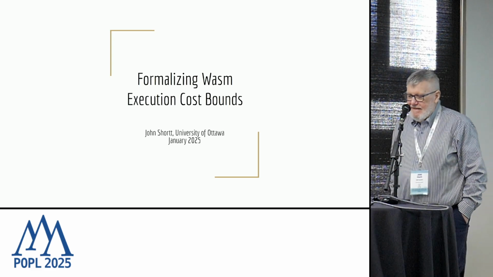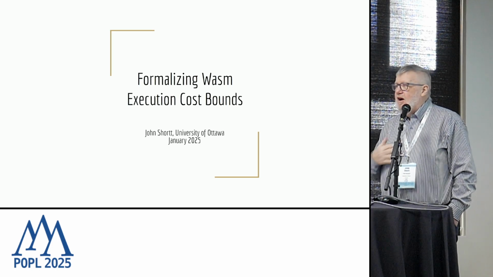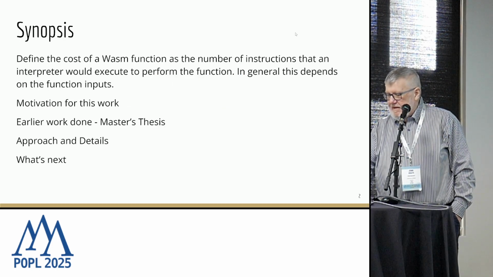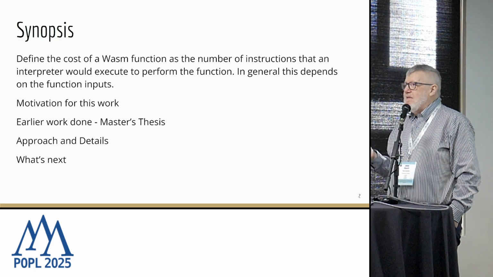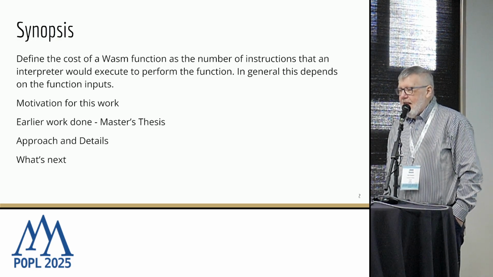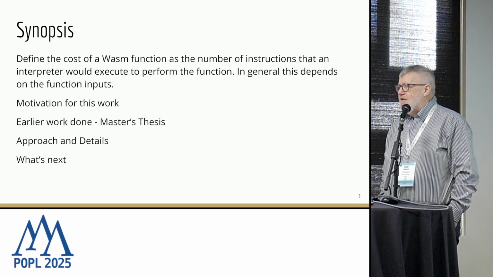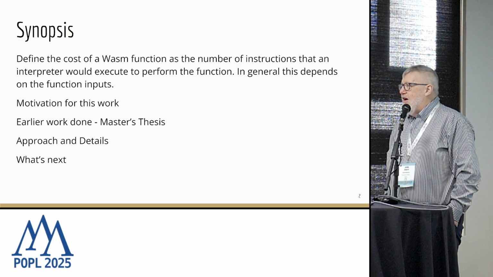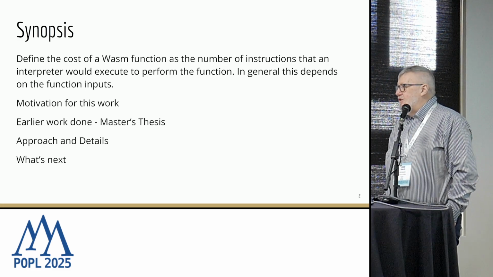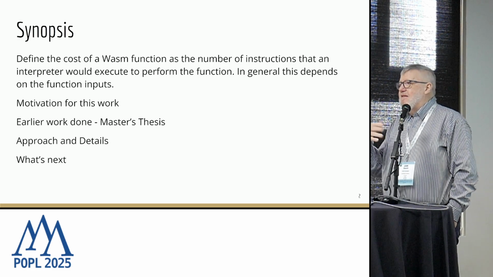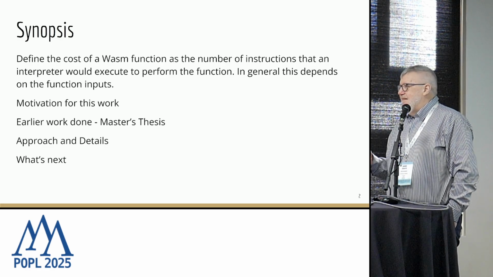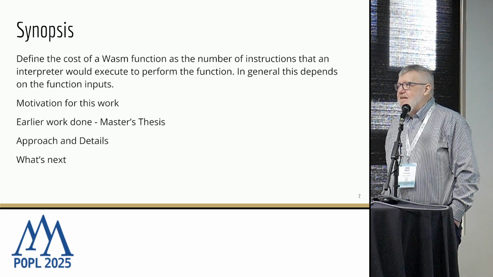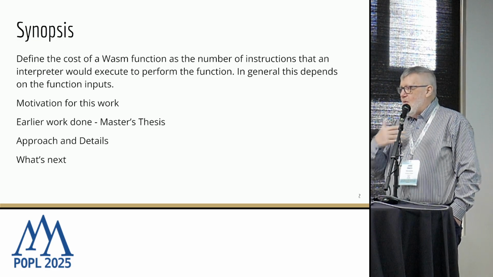Thank you. So what I'm going to talk about is, essentially, we're going to say the execution cost of a WebAssembly function is the number of instructions an interpreter would execute when running that function on its inputs. So clearly this is a woefully inadequate definition of execution cost, but let's go with it and see where it